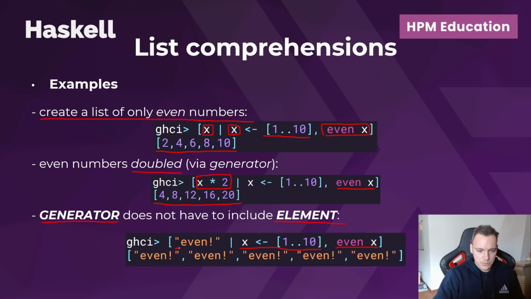So for example, here in the generator, we just put a static value of the string "even", and if an element x from this list satisfies this predicate, then the generator will be triggered, and the generator value will be included in the new list. So we'll have 5 of the same values in this case,